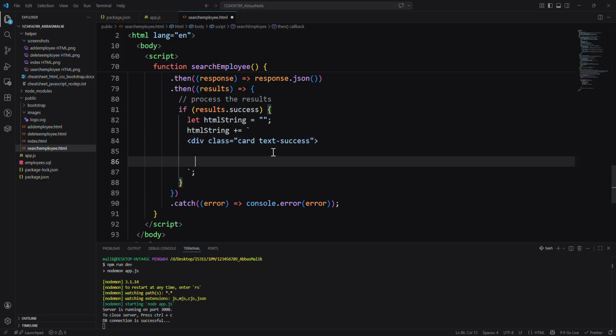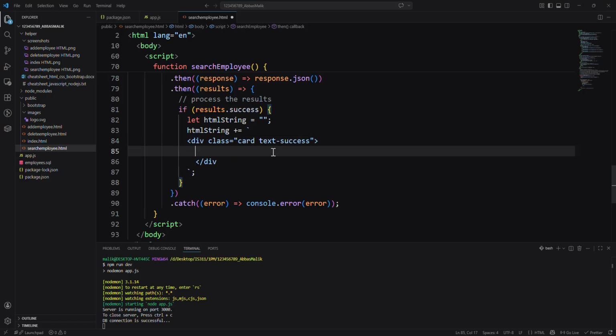Of course, we need to make sure that we are closing that div slash div. Okay, so if we save it, yeah. So once we have closed it, then we need to put the header in that one. So I say div, again another div, and I say class is equal to card-header, and inside that